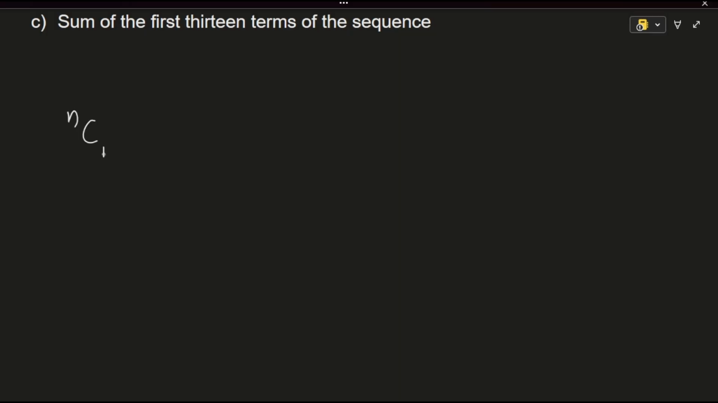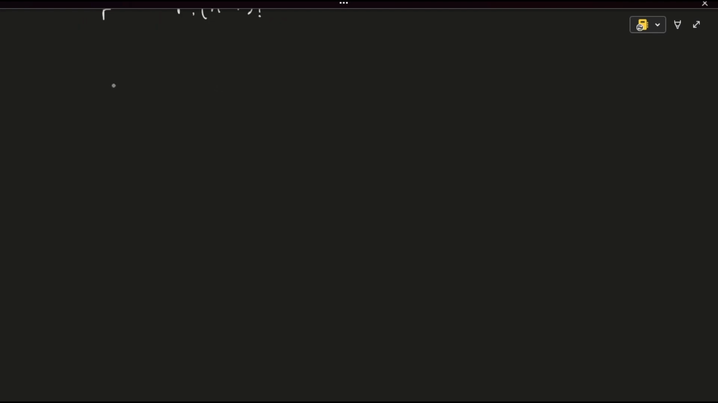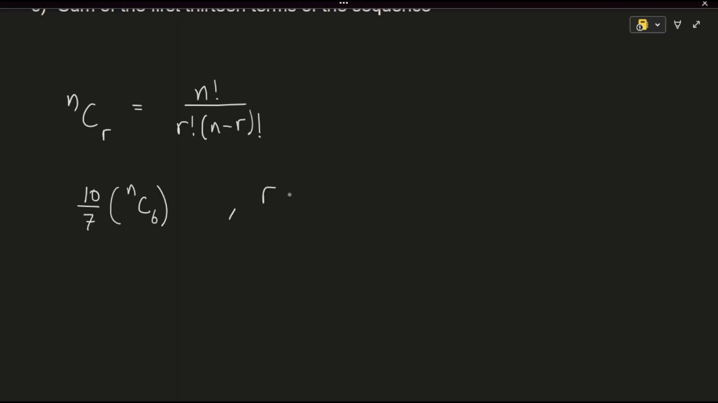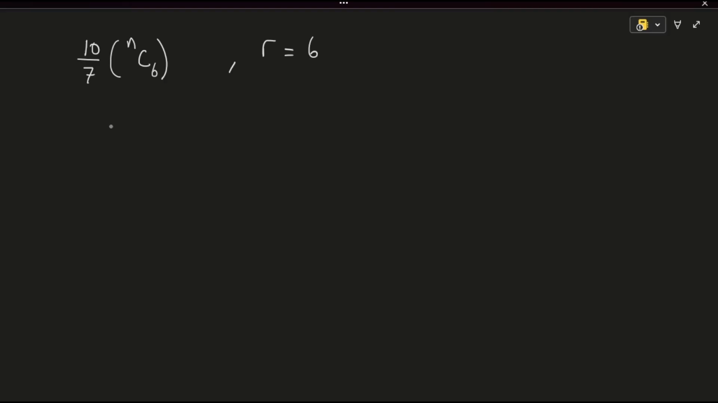N combination r is given as n factorial over r factorial times n minus r factorial. Now we have as our first term n combination r, and here r is equal to 6. So if we are to simplify the first term, we're going to have